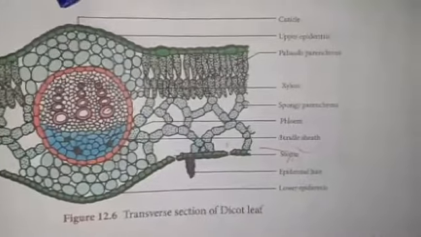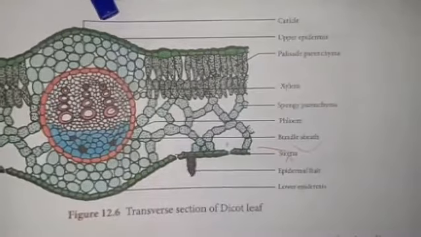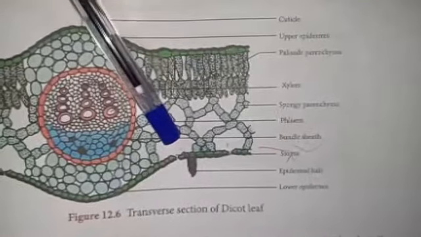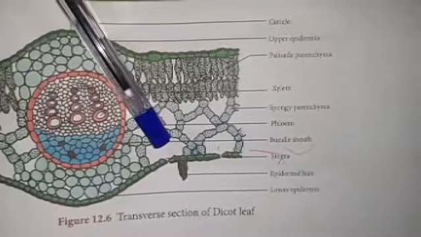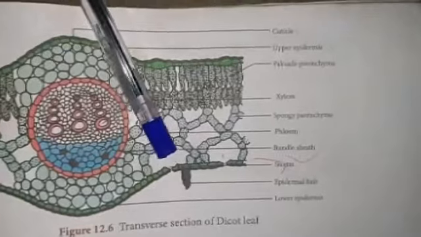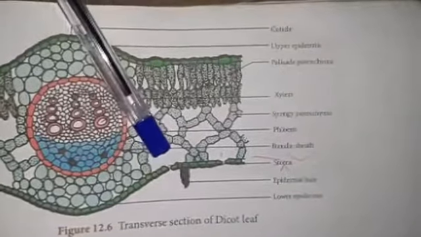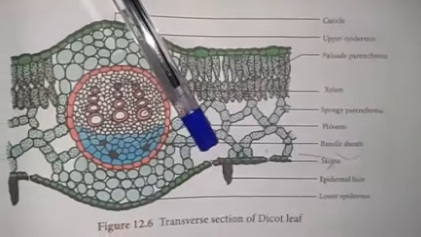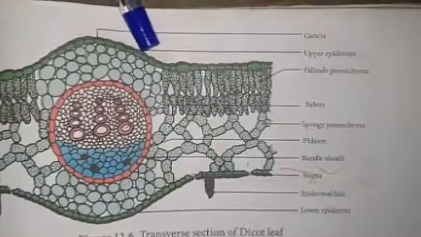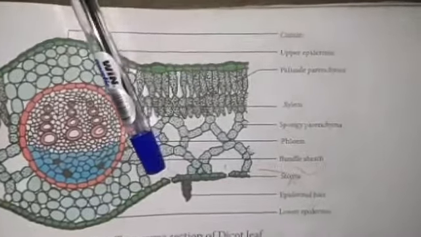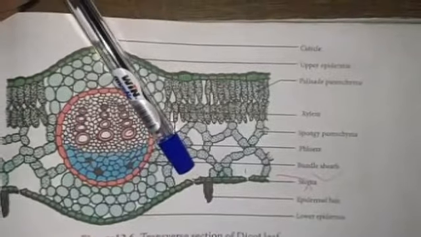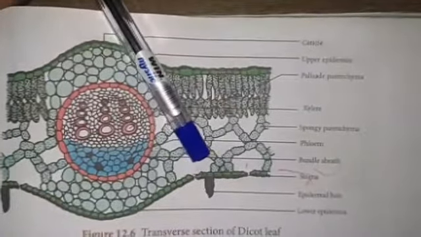The function of the cuticle is to check transpiration. The function of the stomata is that they are involved in transpiration and also in exchange of gases during photosynthesis. The stoma is bounded by two bean-shaped guard cells, and internally the stoma opens into an air chamber. The guard cells have chloroplasts, whereas the other epidermal cells do not contain chloroplasts.